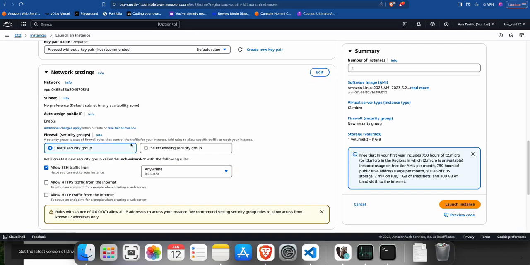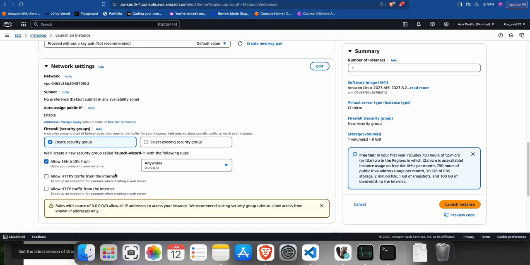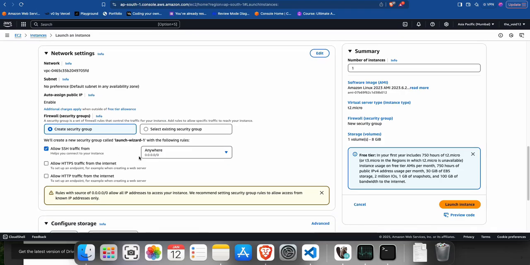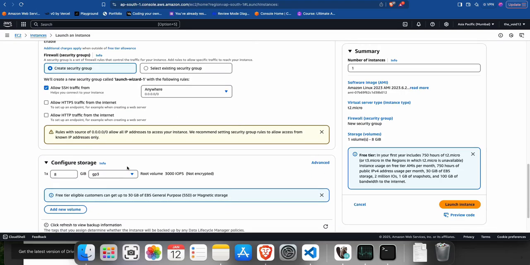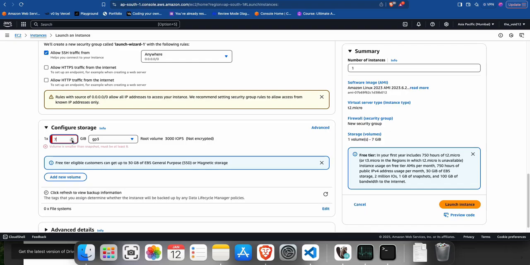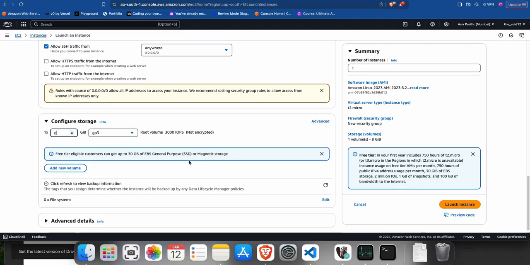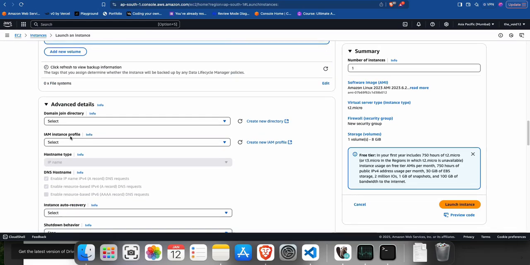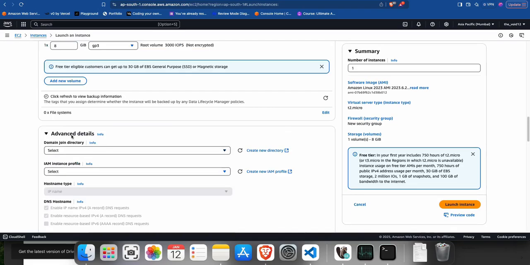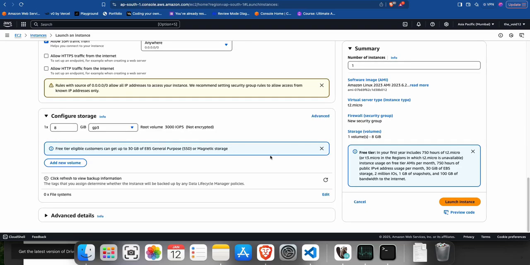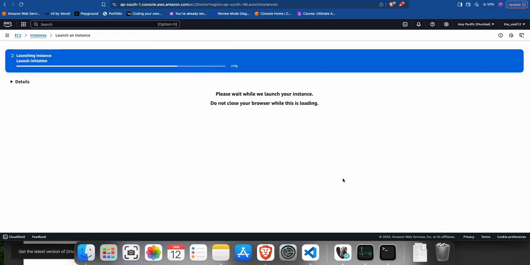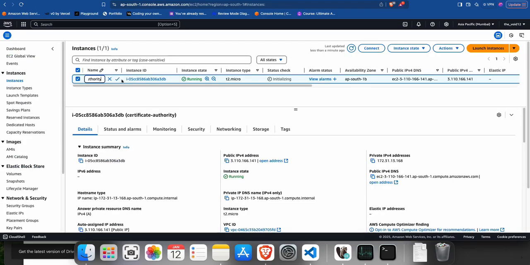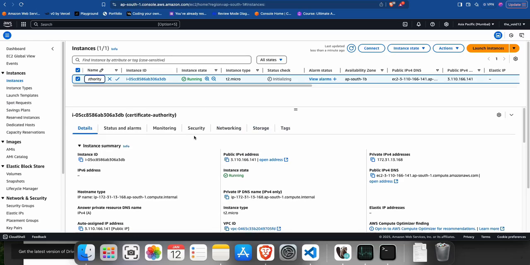There shouldn't be any other use for that machine. So what I'm doing here is I'm just opening the port for just SSH purpose, and then basic 8 GB RAM and all the stuff is really the same. So I am not adding a key pair here because I will be logging into the EC2 instance directly through EC2 Instance Connect, which is a feature offered by AWS, where you can just directly SSH into the system